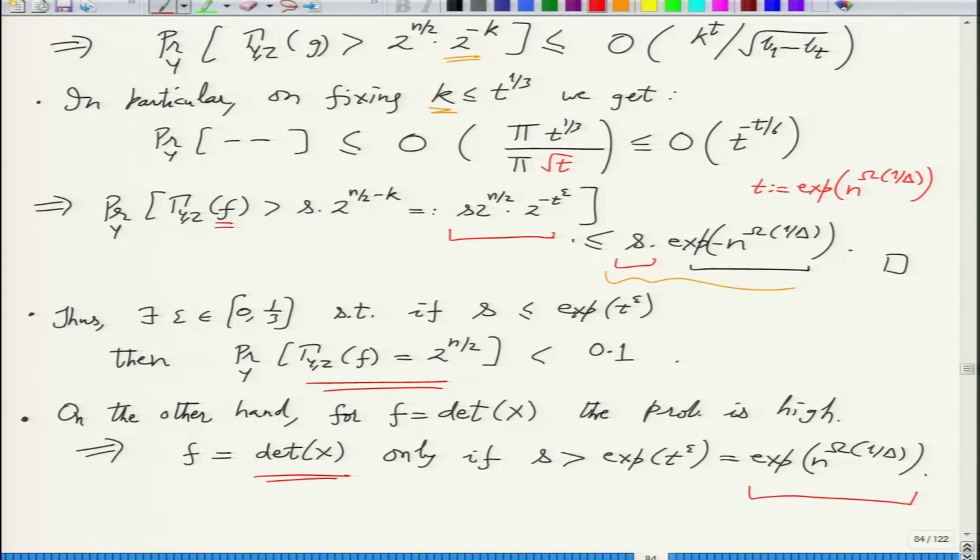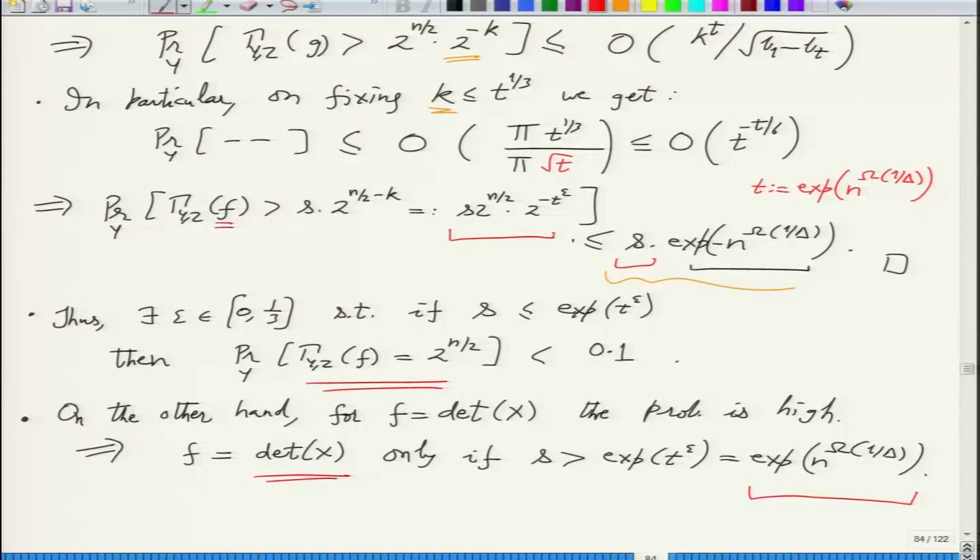You may even take delta to be just below log n. Even for depth delta small o of log n, you will get some lower bound. But that will not be exponential. Okay, so depending on how close to log n you get the depth. So basically at delta equal to log n, this will completely break down. And which is a depth that is realistic.